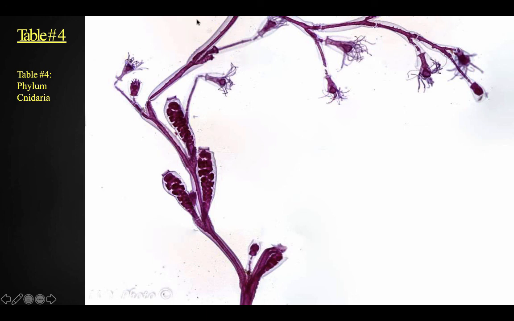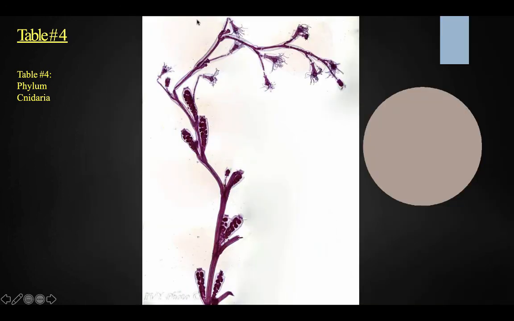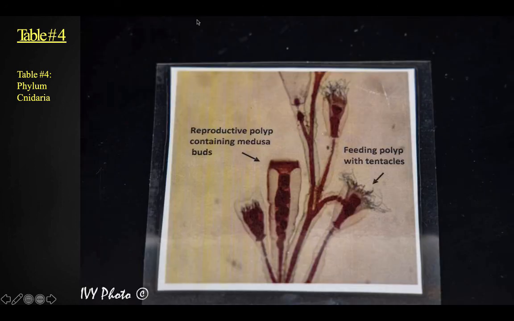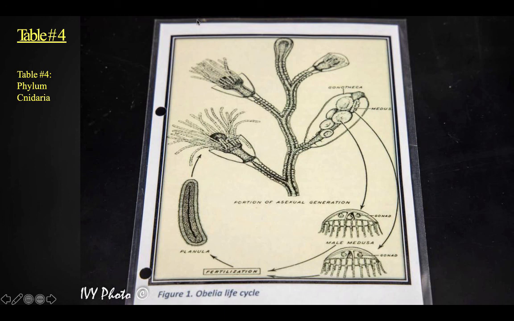It's a feeding polyp, and so they have pictures of it really nice here. And they have one in your handout, and they're asking you to label it. And you can see some of that here. And it's what does a feeding polyp need tentacles for? Why does a reproductive polyp need Medusa buds? And then what you're going to do is for the whole jellyfish, sea anemone, coral, Obelia, and the Hydra, there